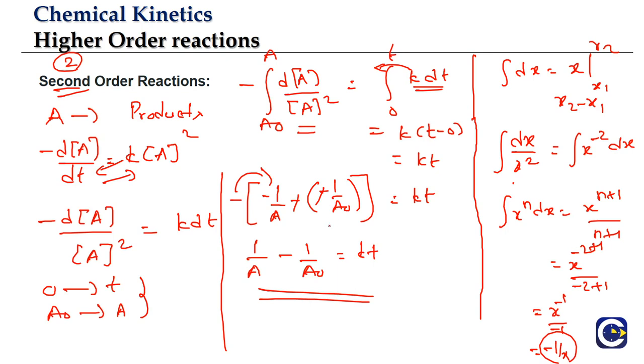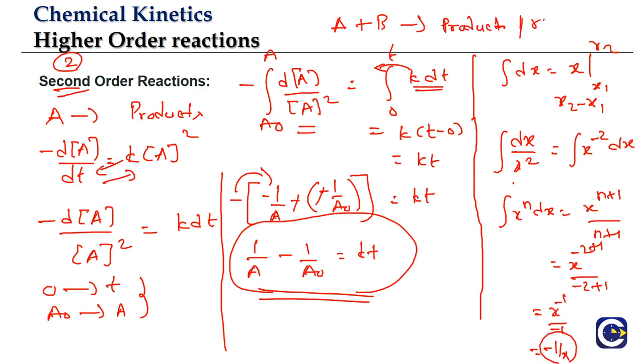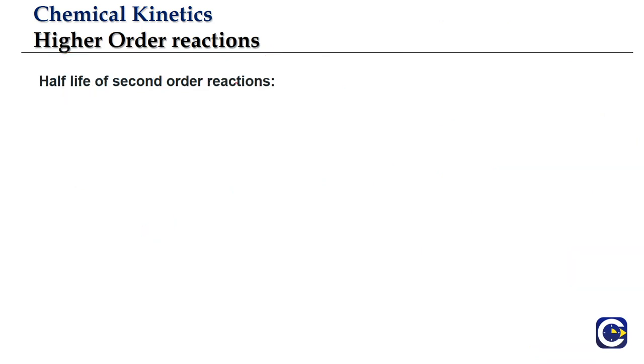While solving problems related to the second order reaction, if we have a single reactant, we will be using it. And we can even have second order reactions where we will be having two substances. Let us say for example A plus B giving rise to products, where the rate can be equal to K into A power 1 B power 1. So we can even have second order reactions like this, but here we are not analyzing it. These kinds of questions will only come at JEE Advanced level. While looking at some problems related to JEE Advanced, we will talk about that.